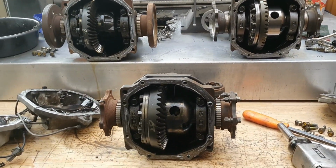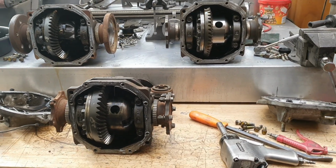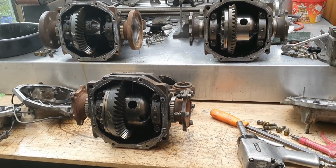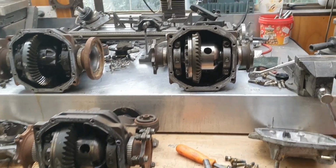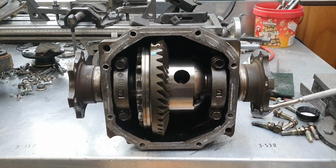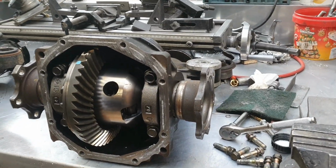Differentials. So where do I drop? Nah, I won't drop the bomb. What's going on? We need to change diff ratios for reasons, which I'll get into later on. And what we've got in the car right now is that manual 350Z transmission, standard. Absolutely nothing done to it. The front one,